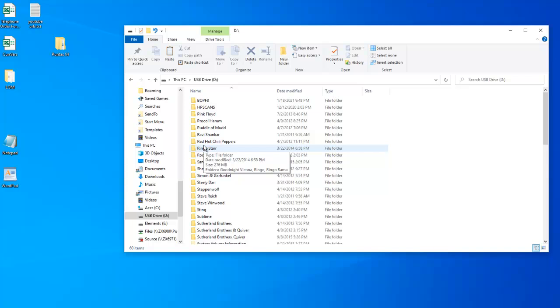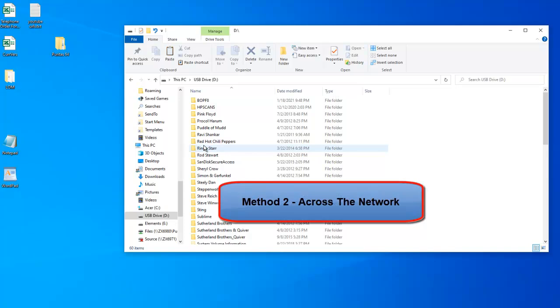I could have opened a second window and dragged the folder from one place to another, but then I'd need to know Windows rules about copying and moving. Don't want to get into that in this short video, so let's move on to the second method for moving files from one machine to another, and that is